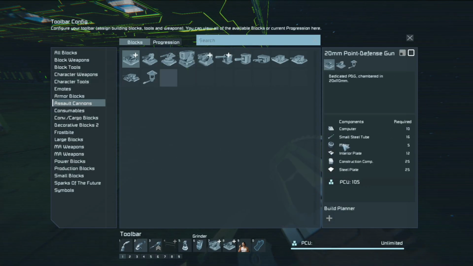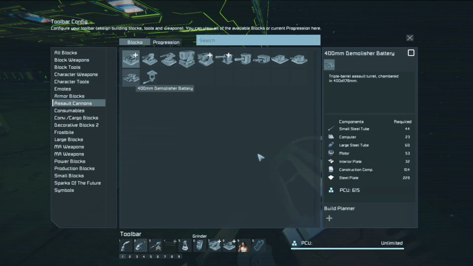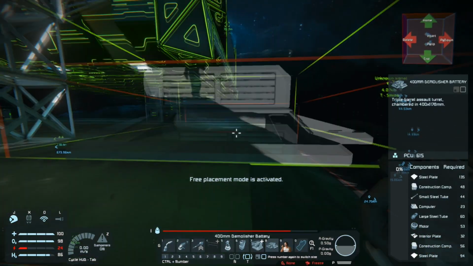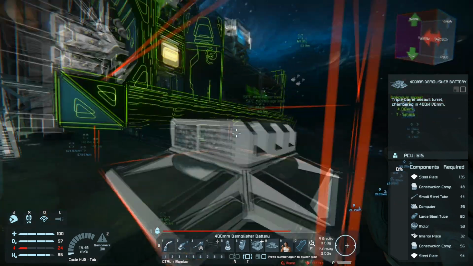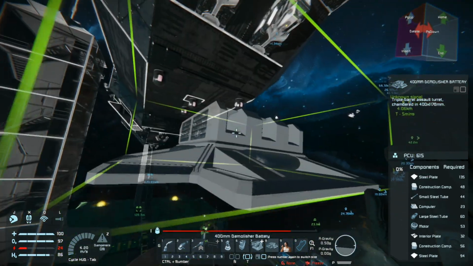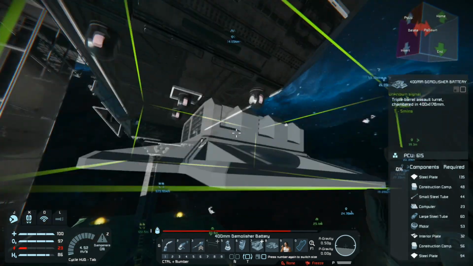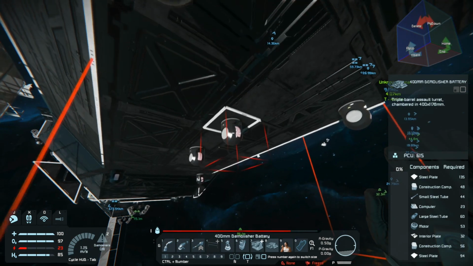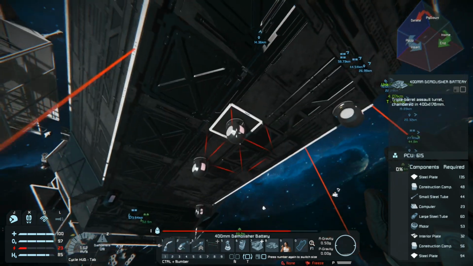Alright, let's see what we have now. Yes, yes, yes. The 400mm Demolisher battery is the one that we're looking for. So, it's a relatively large turret. We're going to have to find a place for it. Honestly, the front or the... Yeah, I think right here, if we replace these point defense turrets with this large turret, that would probably be